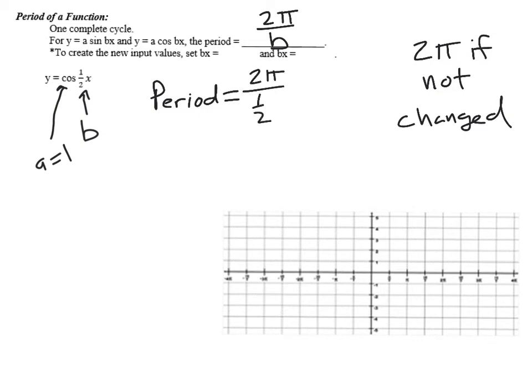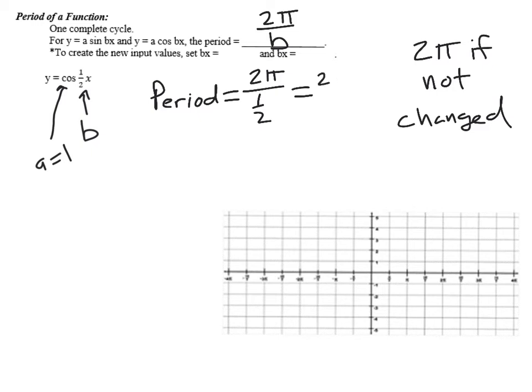Now this is a little bit different than amplitude, where amplitude is the number that you see for a, right? So in the last 2 examples, if a was 2, the amplitude was 2. If it was 1/2, amplitude is 1/2. Not quite like that with period. It's tempting to say, oh, the period is 1/2 because b is 1/2. Not so much, okay? It follows this equation you have on the top,